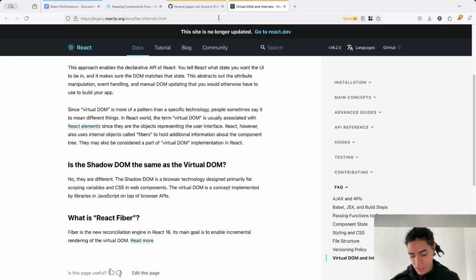And this enables incremental rendering, or this performance optimization here. And also React Fiber, which is this reconciliation engine, provides us a way of how we can